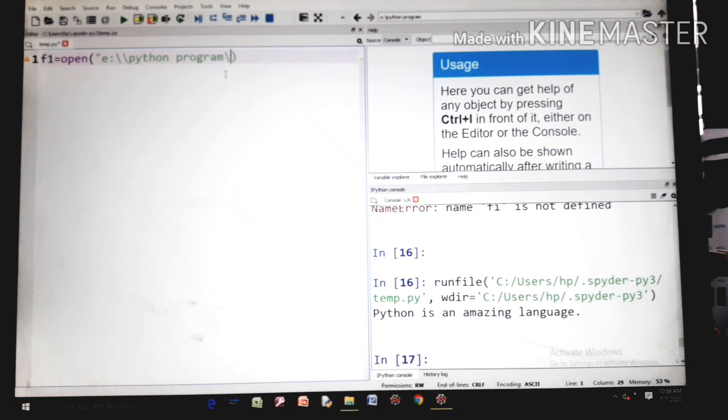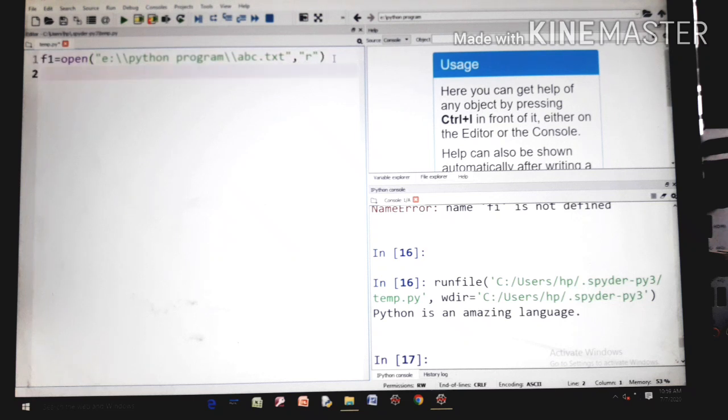Again double quotation, we write the file name ABC with extension .txt. Close the double quotation, then comma, and write the file mode, that is read mode. This is optional, you can write it or not.